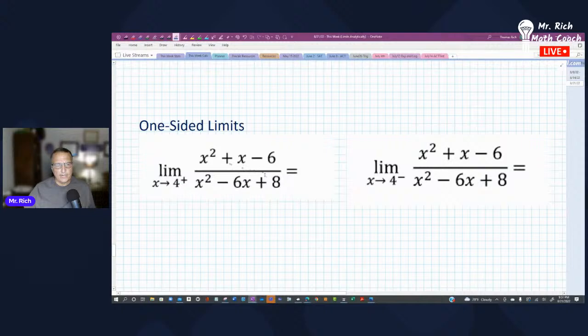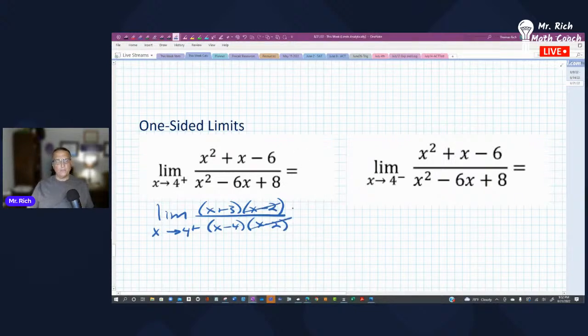So what I'm going to do is just formally write this out by writing it in its factored form. So it's going to look like this on the top. The bottom is x minus 4 times x minus 2. All right, now these, I'm going to go ahead and remove the x minus 2's. Now what I'm going to do is this. I'm going to say, well, I know that my denominator is going to be 0 if I'm right at 4. But coming from the right at 4 would mean I'm going to use a value just to the right of 4,